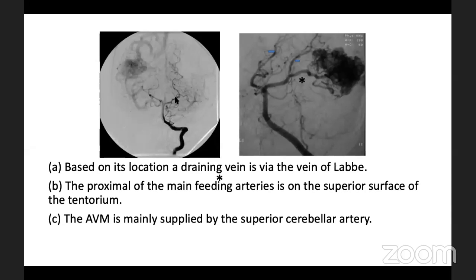This is an AP and oblique basilar vertebral injection showing the posterior cerebral artery. You can see the blue dots mark the end of the cisterna ambiens and the point where the PCA runs over the tentorial hiatus posteriorly on the tentorial surface, then the medial occipital lobe, to terminate into the calcarine and parieto-occipital branches. And you can see a large branch coming laterally, not medially, which is the posterior temporal branch